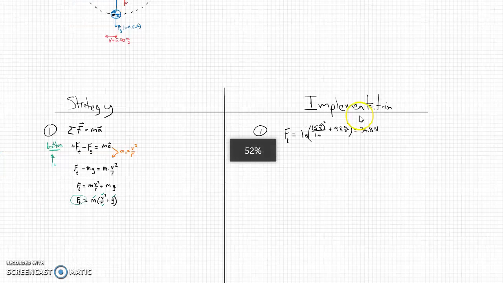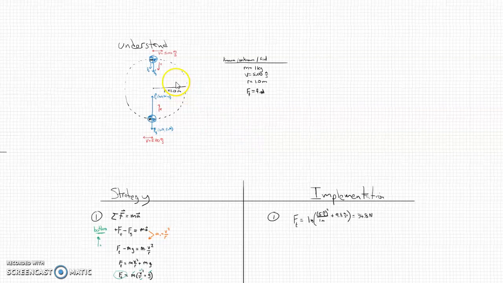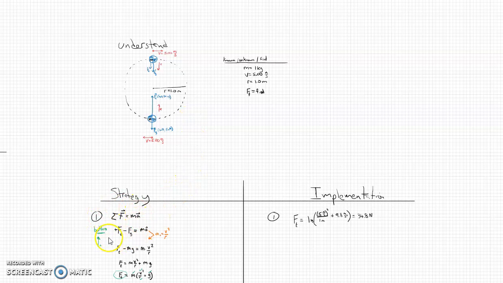The second part was to find the tension at the top. So what we're going to do here is rethink what's going on down here. And this is actually one really minor change, in fact. What I'm going to do is rethink the fact that these two forces down at the bottom were in opposite directions, which is why they were plus and minus. But if you really think about it over here, both of these are in the same direction. In fact, the acceleration, the Fg, and the Ft are all in the same direction. So pretty much